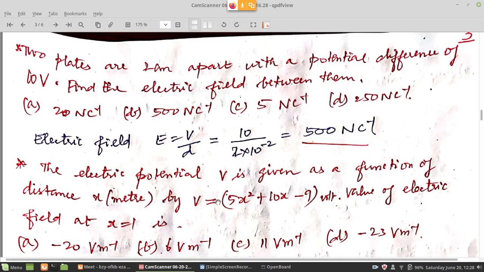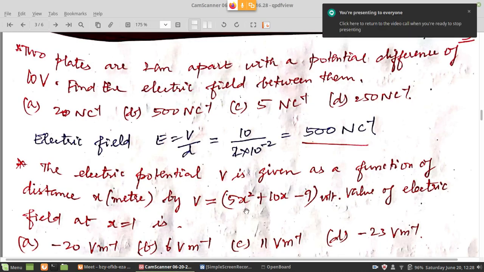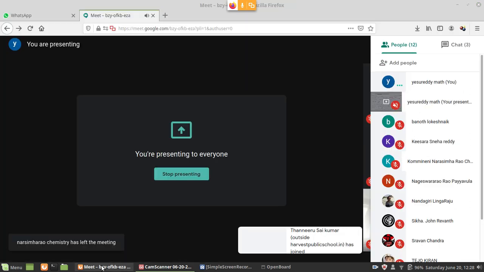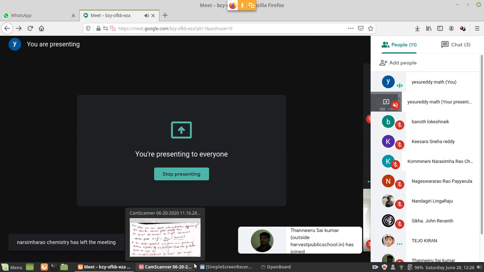This question. You write out the potential first and tell me how will you do this. We have discussed this in the previous problem also. Potential is given. Yes, Tejakaran. You have done the calculation already. Very good. That is the answer.